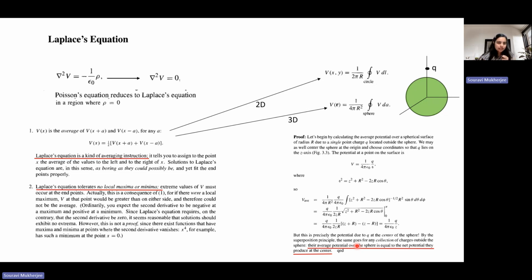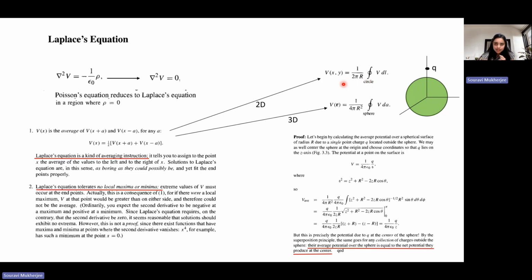If you have a 1D system and your potential satisfies the Laplace equation, then the potential will be an average of the points around it, at plus a and minus a. If you have a 2D distribution,